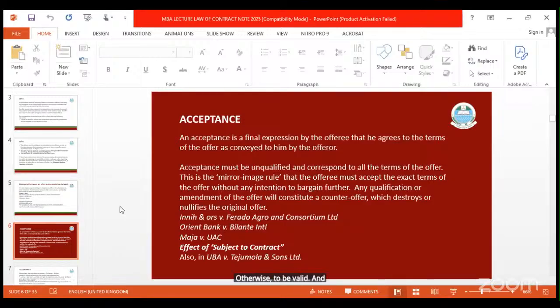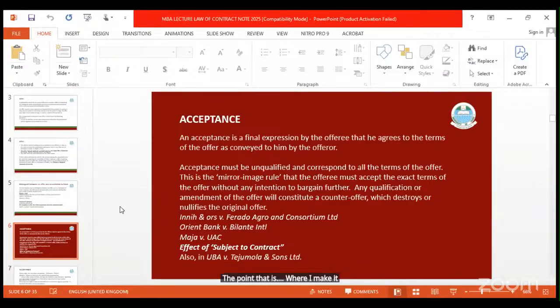And that's why there's the mirror image rule. All of you use mirrors. You use a mirror in your classes, your cars, in your home. Ladies that are lawyers, if you check their bags now, you have a mirror inside. So you see that it's how you appear that you reflect in the mirror. So this rule requires that acceptance must just mirror the terms of an offer, the way it is. You cannot appear in a mirror separate from how you dress up, right? So that's exactly the point we're making here.